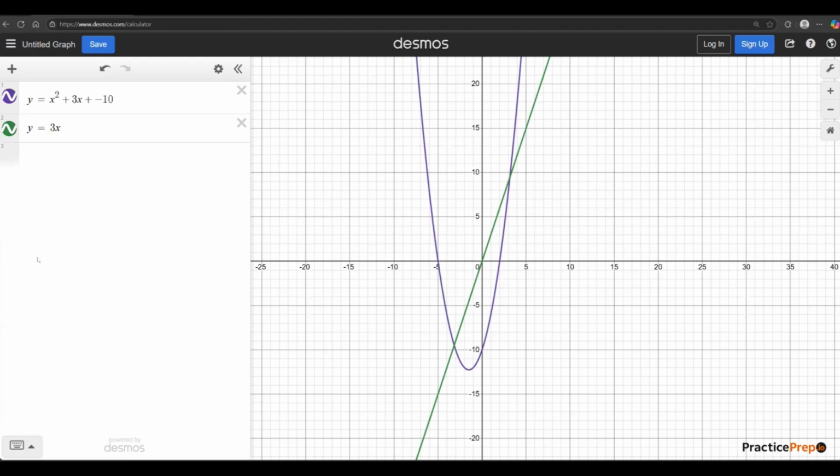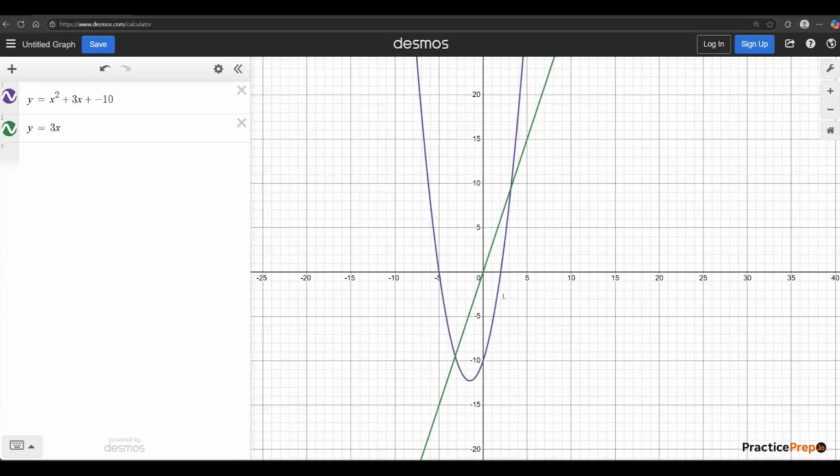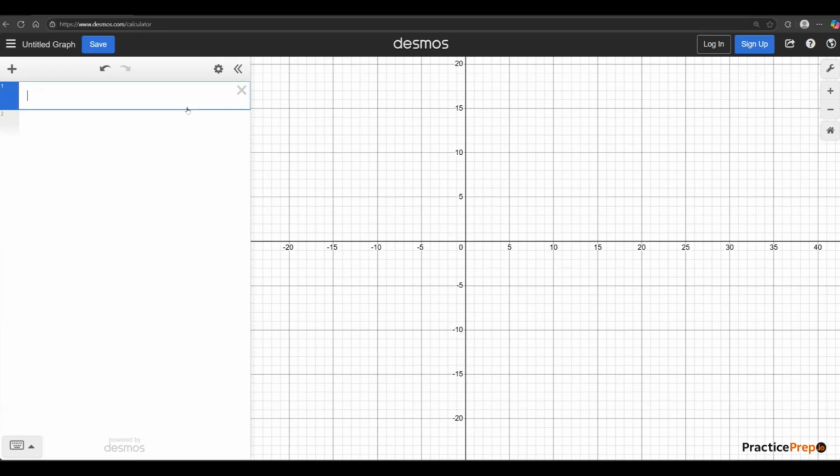Great. So far, so good. What else you can do with Desmos is hide the functions that you're not interested in seeing anymore. And of course, the other thing that you can do here is plot inequalities. So far we have only seen equations, but let's just write one linear inequality. Let's say y is